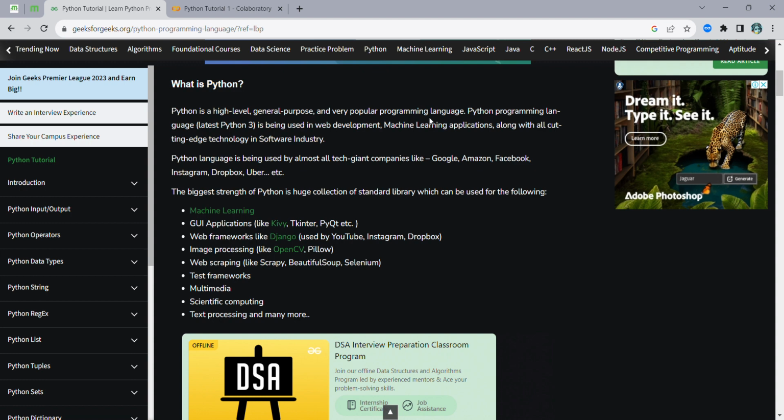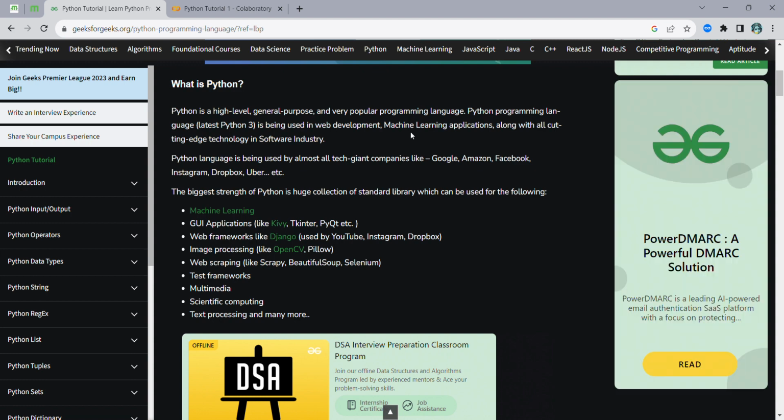The latest version is Python 3, and it is used in web development, machine learning applications, and all cutting-edge technology in the software industry. Various technologies require advanced coding, and by using Python we can turn our advanced coding into a simpler version.